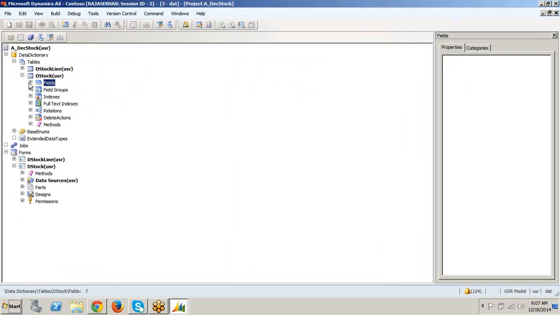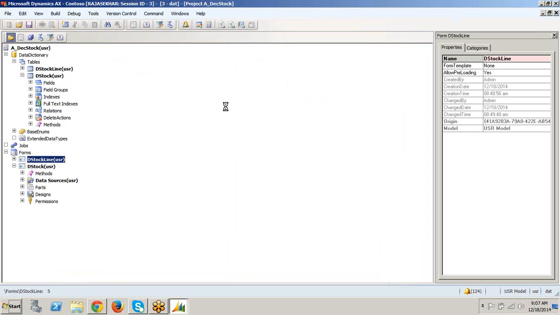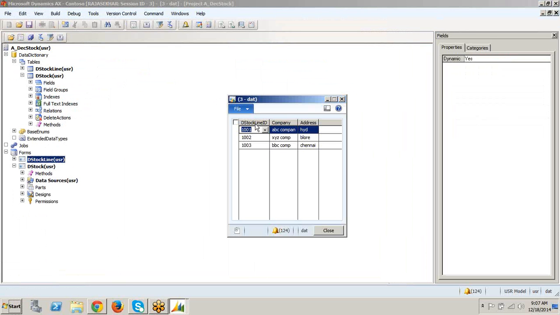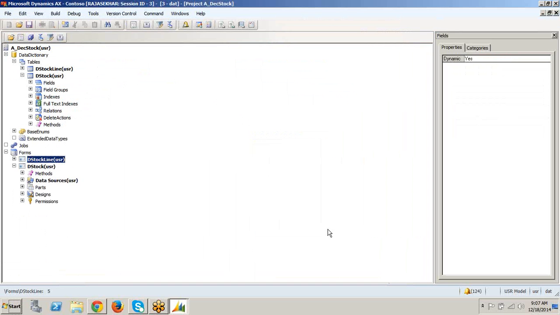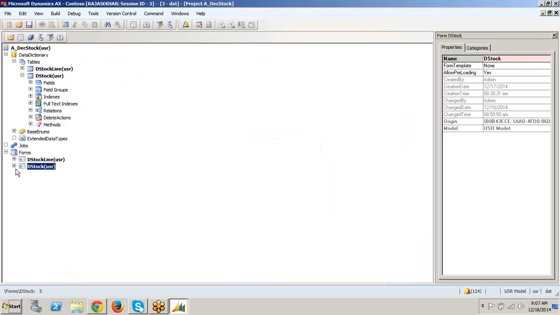Say for suppose I have the DStock line here. Okay, DStock line ID is there here. Now I want to give a separate label, which will be unique. If you feel that the stock ID label will be unique throughout the application, then you can give a label file ID.